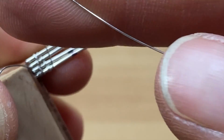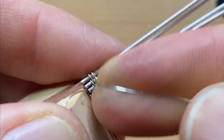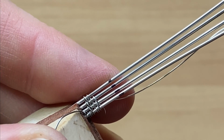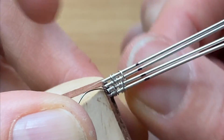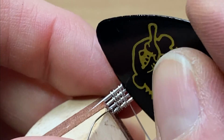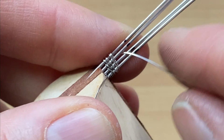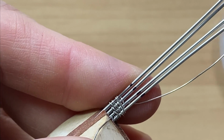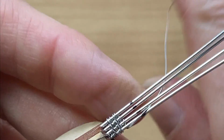and repeat that pattern, go up around 1 and 2, come out between 1 and 2, go up around 2 and 3, come out between 2 and 3, go up around 3 and 4, come out between 3 and 4, and up around 4 again, come down, come out between 2 and 3, up around 3, out between 1 and 2, up around 2, go around number 1,